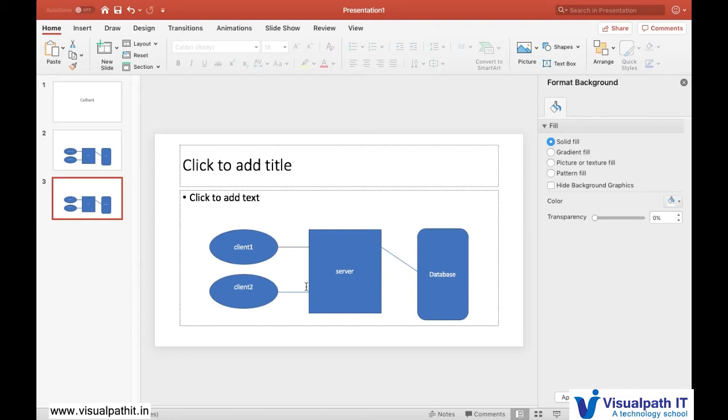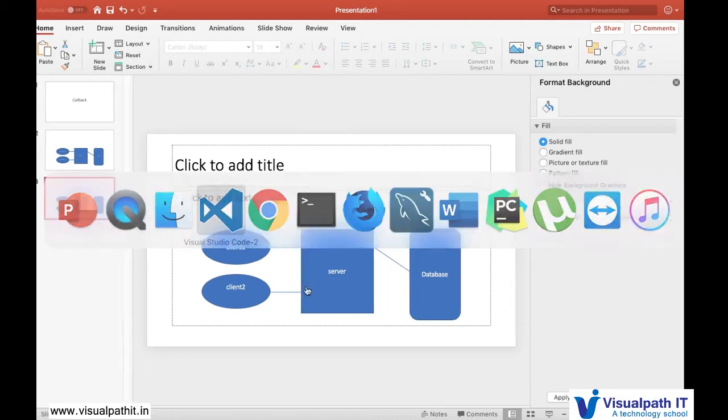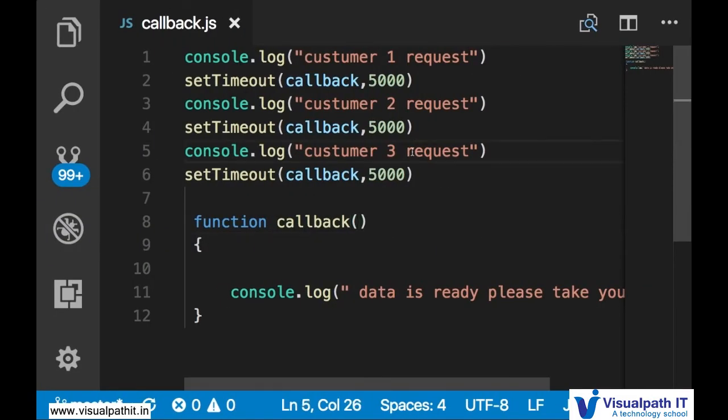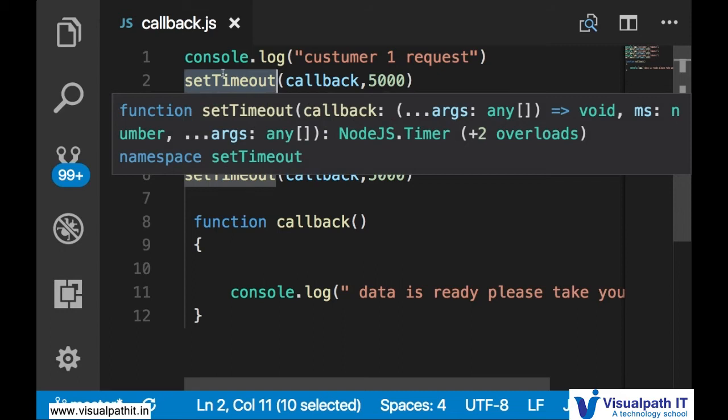So let's learn how we implement this concept. Let's take an example. Customer one sends a request, and to achieve this target, I am using setTimeout because we are not doing a database operation. So let's cheat the system to provide this example.